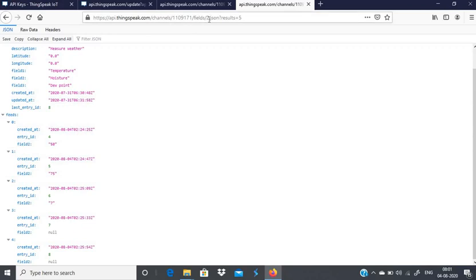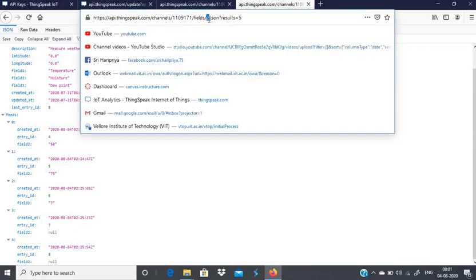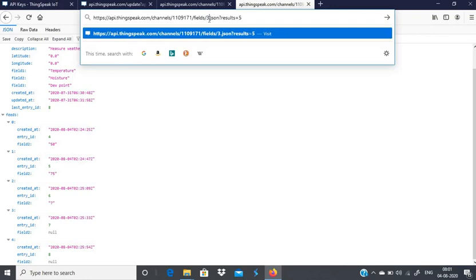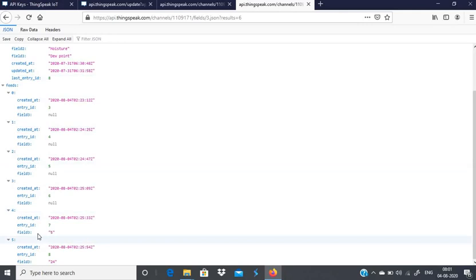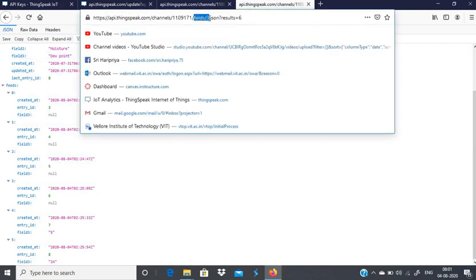Similarly, you can change here the number to 3 to view the data which we entered in field 3. You can give it as 6 or you can give it as any number, whichever you want, how many data you want to view. Click enter. So the field 3 data alone you will be able to see. So the 7th and 8th data belongs to field 3, that is 24 and 5. All the other fields will be null because we are viewing here field 3 data. So that alone will be viewing. So this is about viewing the data in different fields.